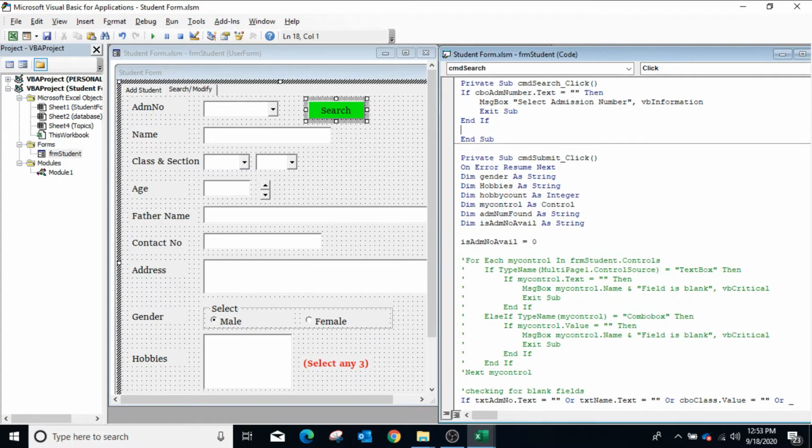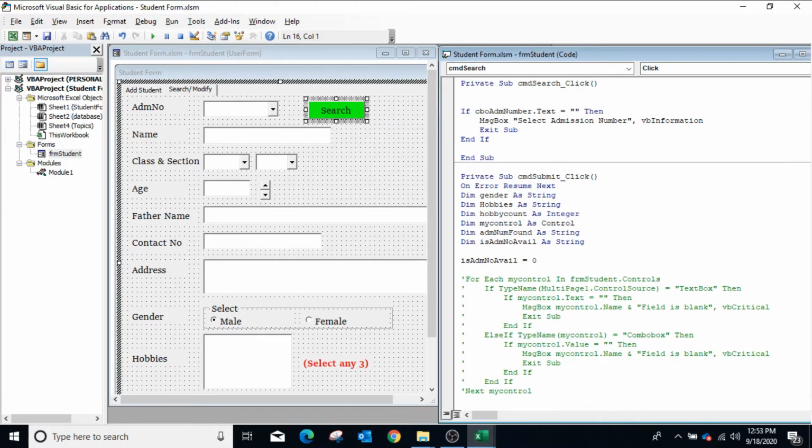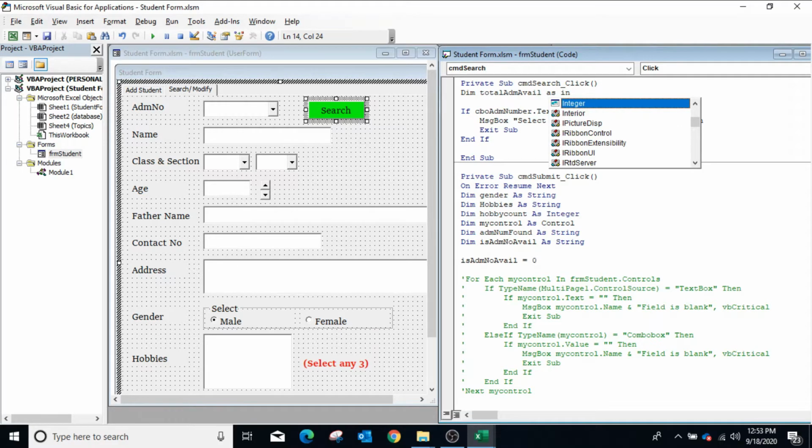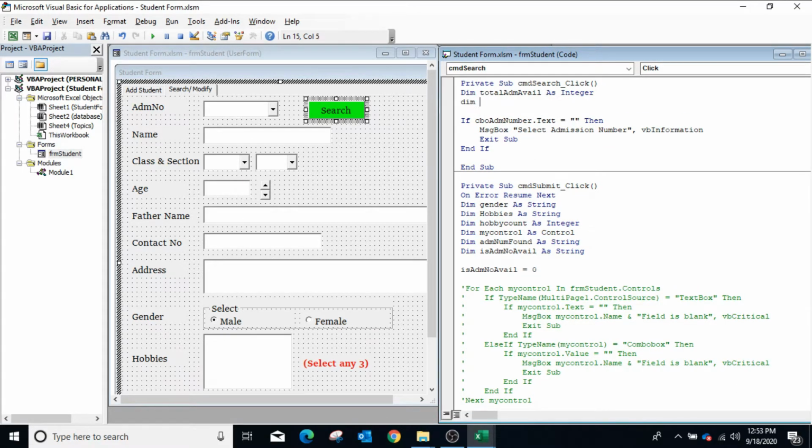Now if the user selects the admission number, then to identify the row number of the selected admission number, we will use the count_a function which we have used to populate the combo box. So declare the variable: dim total admission available as integer and dim ADM counter as integer for the loop.